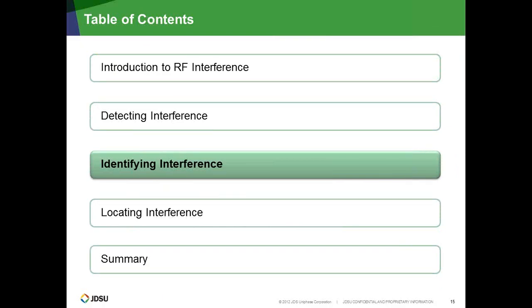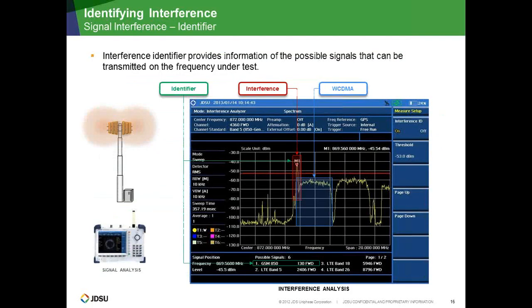Now this next aspect is really important, and it's about how we can identify what type of interference that is. I'm going to use one example here. If we go through this process of identifying the interferer first, basically we'll reduce troubleshooting time, and even in some cases, the interference hunting will be eliminated. So this is a good example where if we have a signal identification capability, then we're going to be able to first identify which are the possible signals that can be transmitted on the same frequency as the interferer is